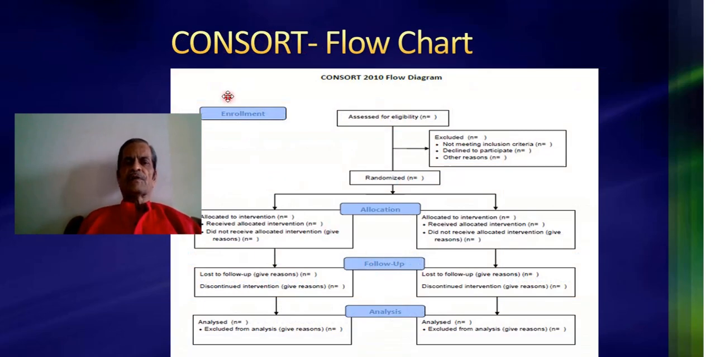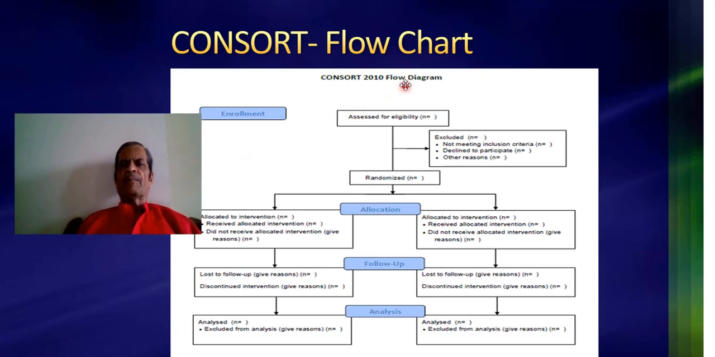So this is a CONSORT flow chart given by the CONSORT organization, and if you include this and fill in the required information over here, the referees of the journal will know that your paper has been prepared as per the CONSORT guideline. So similar flow charts are available for the case control studies. Similar flow charts are available for the cohort studies in the respective guidelines. One must use these